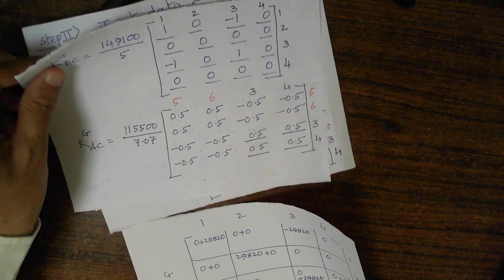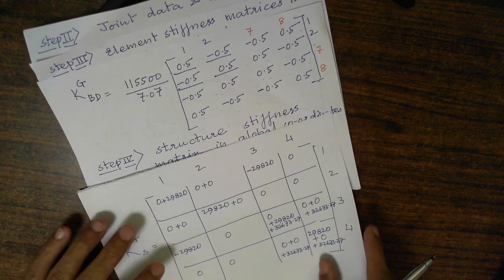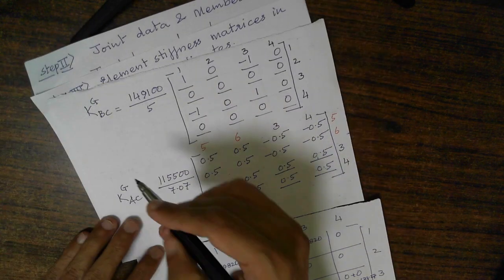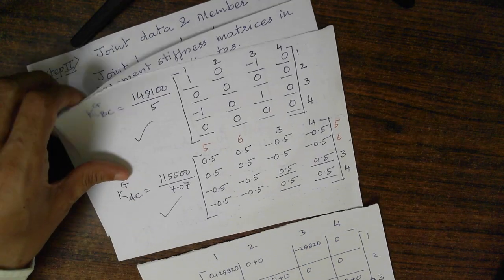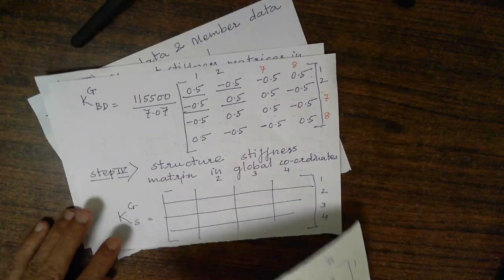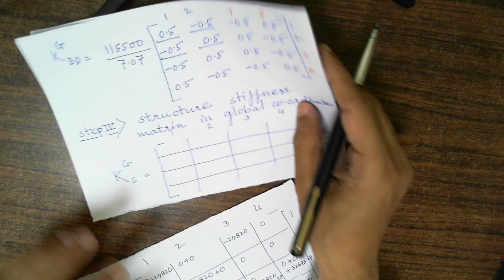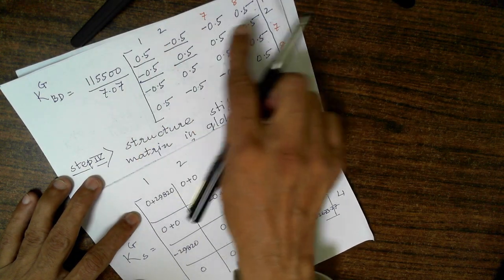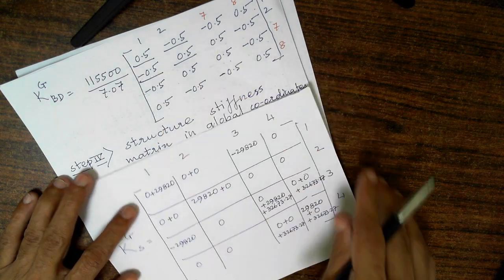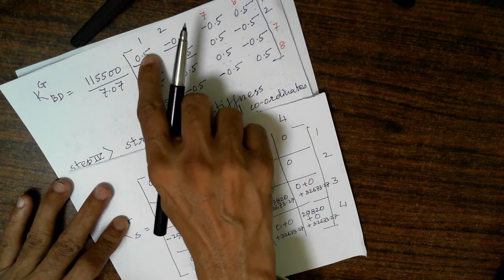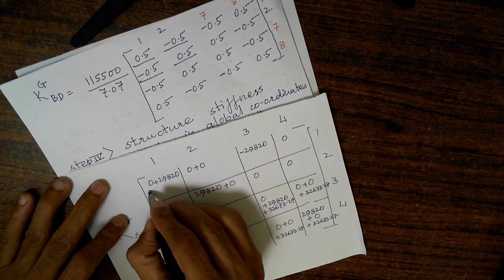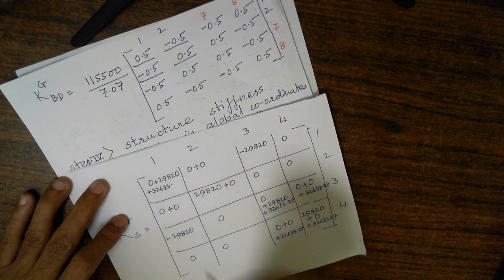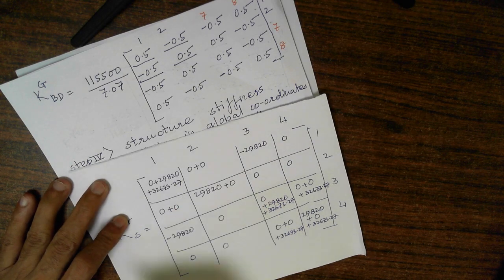Now the last element is remaining. The last element is BD. So from this I have mapped BC also. I have mapped AC also. Now last element is element BD. Element BD, the fifth element BD, from which I need to map only these two: first row, first column, first row, second column, second row, first column, second row, second column. So first row, first column 0.5 into this, I know that is equal to 32673.27. I know the value.